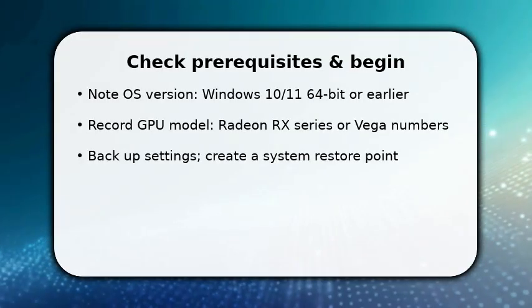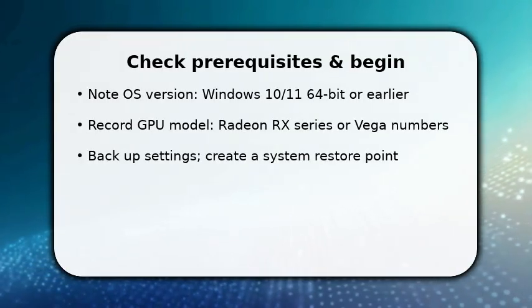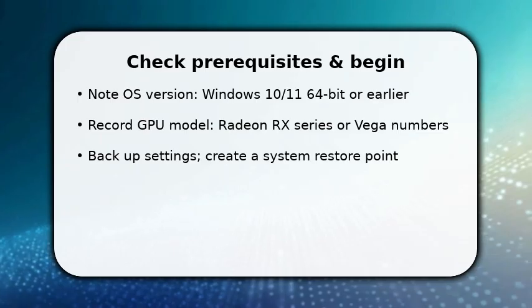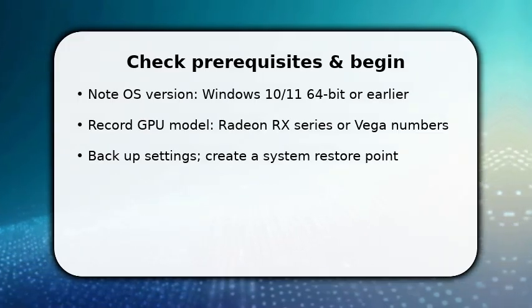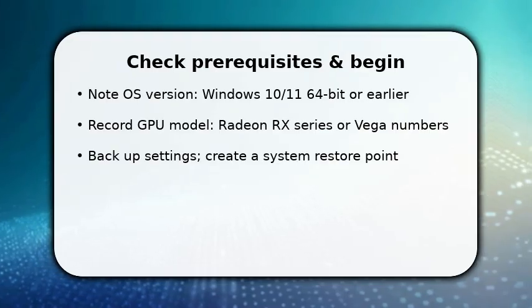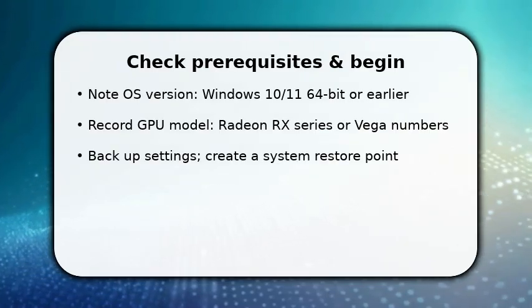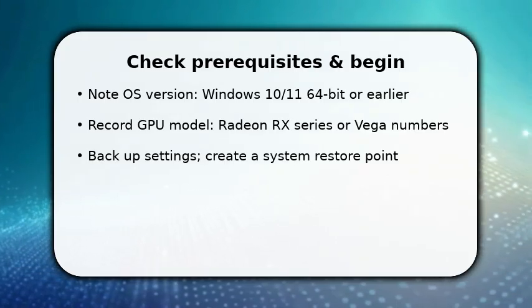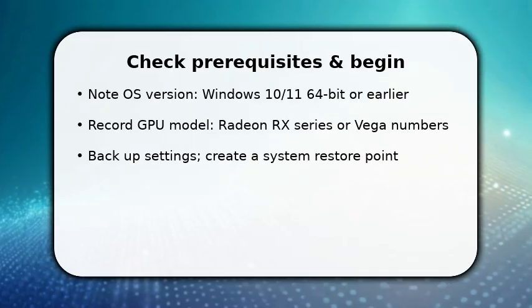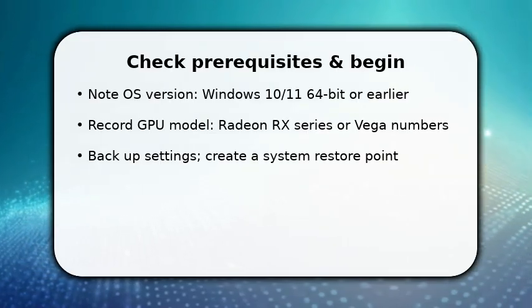You start by confirming requirements. Check Windows version and exact AMD GPU model in Device Manager so you download the correct package. Once done, create a system restore point and close background apps to avoid conflicts. This prevents rollback issues. Then download the latest AMD Adrenalin installer from the official source, but do not run it